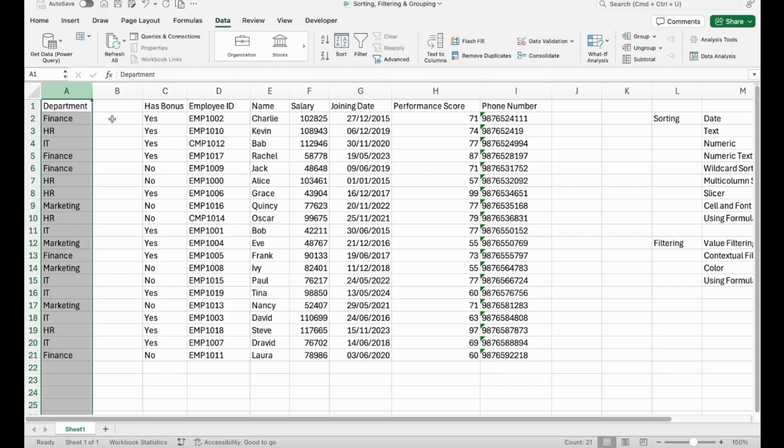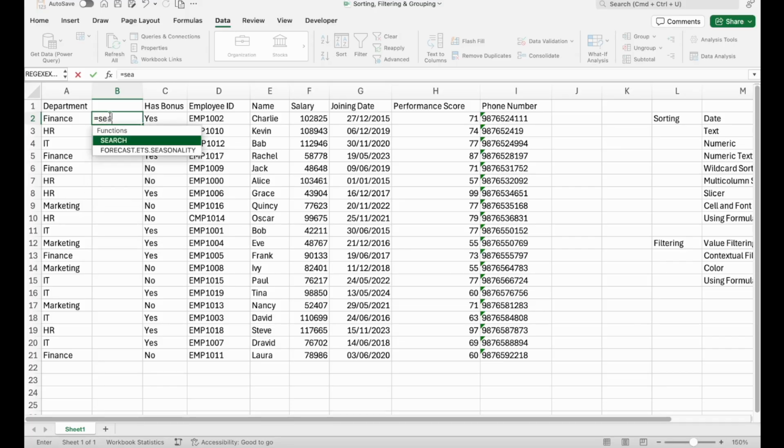IT and marketing are the two departments that have T in their name, and when I sort the result of the formulas, I want IT and marketing to appear first and the others later. So let's use a function called search, and I want to find T